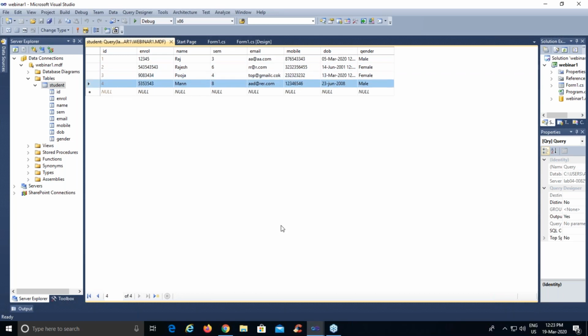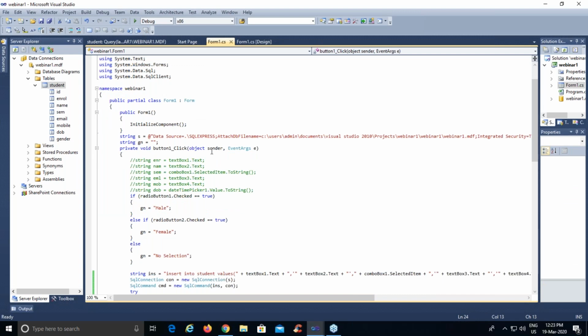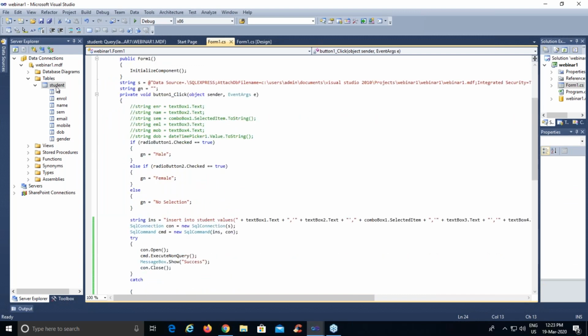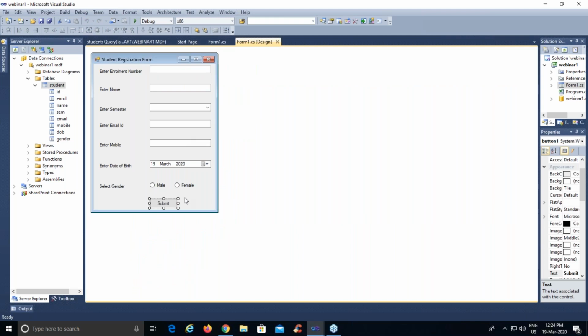So far what we have done is we have created one GUI. That GUI contains all the controls that are used to take input from the user. Once the input has been taken from the user, on a click of a button, we are inserting all these values in a database, and the database contains one table called student with these columns, and we have entered all these values relevant to these particular columns, right? So today we have only learned inserting a particular value in a database using this GUI, right?